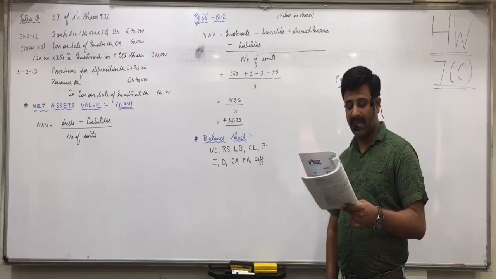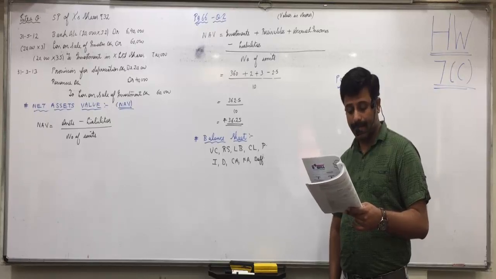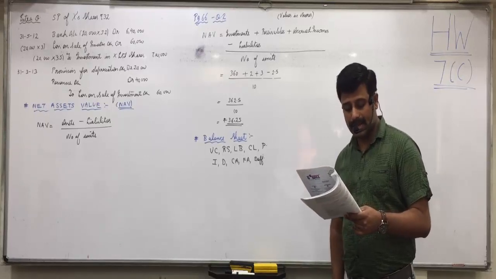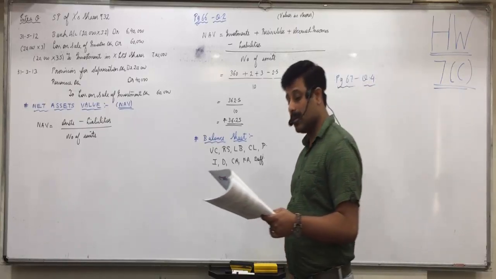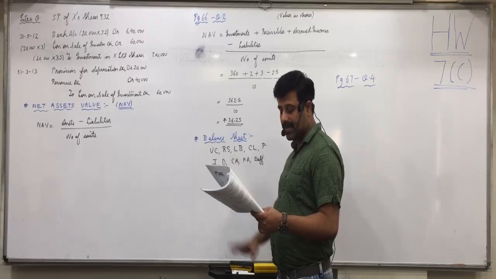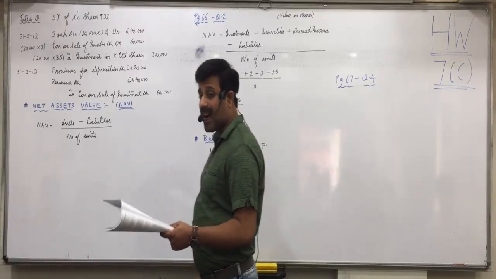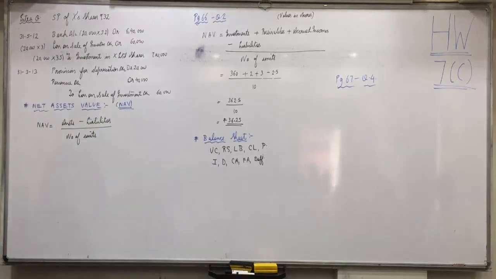Bank account overdraft, current liability. Unclaimed distributed income, current liability. Other short-term liabilities, current liabilities. Balance with bank in current account, current assets. Outstanding and accrued income, current assets. Contract for sale of investments, current assets. Amount receivable from asset management company, AMC, current assets, and other current assets, current assets.